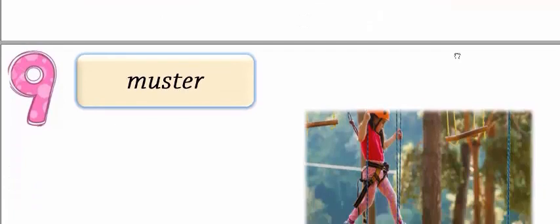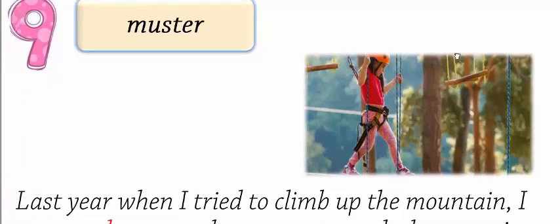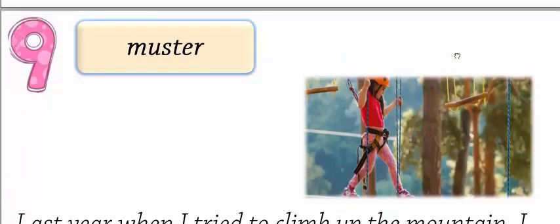We've reached the last word. Muster. Word number 9 is muster. Let's look at the picture. What do you see in the picture? I can see a girl climbing a mountain using ropes. What do you think such a person needs in order to be able to do such an action? She needs courage,